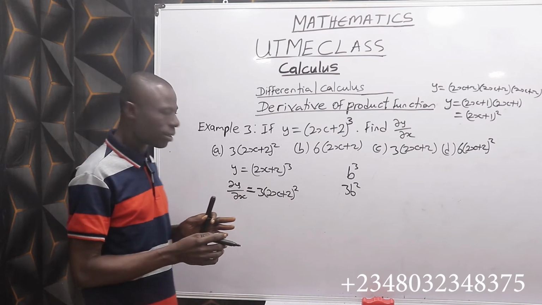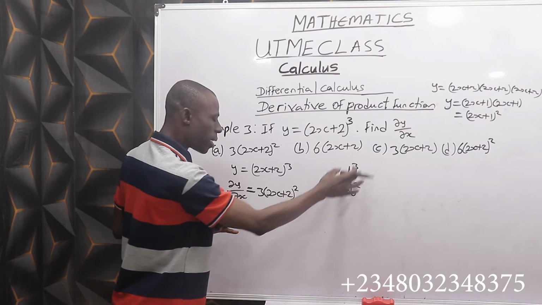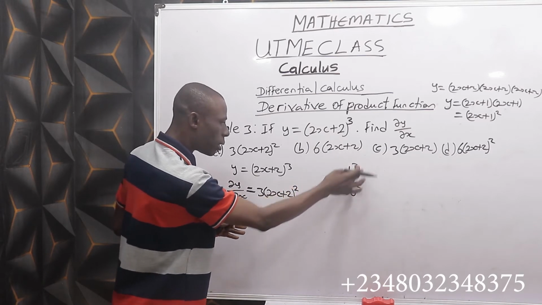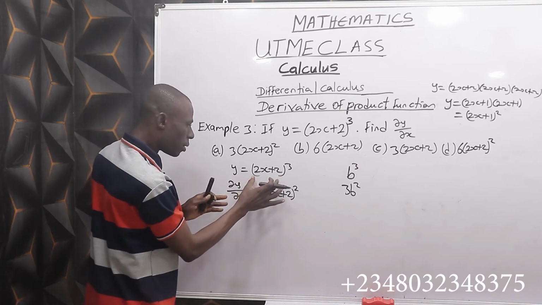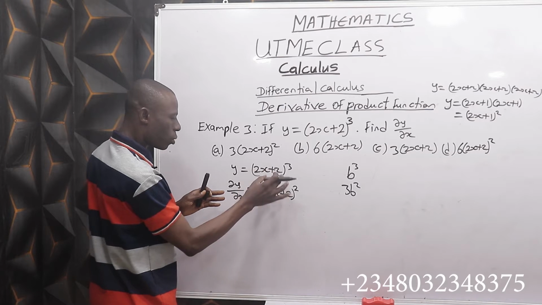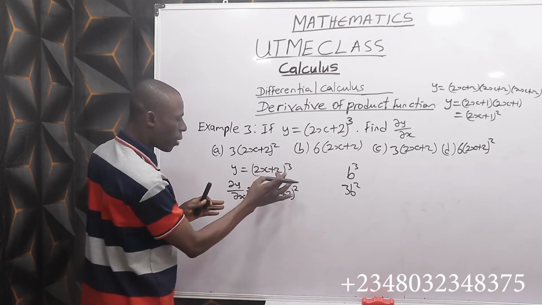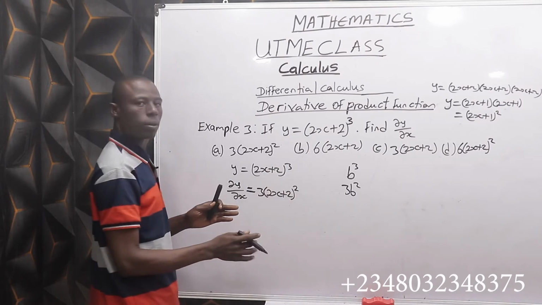Just like what we did here, b raised to the power 3 is differentiated holistically to be 3b raised to the power 2. The same thing, the whole bracket is taken as an entity. So differentiating holistically, we have 3 into the brackets raised to the power 2